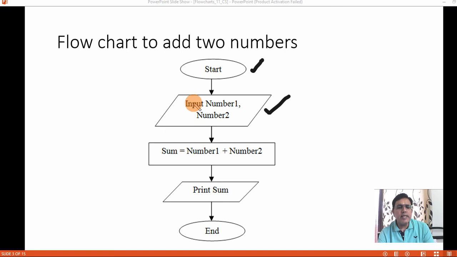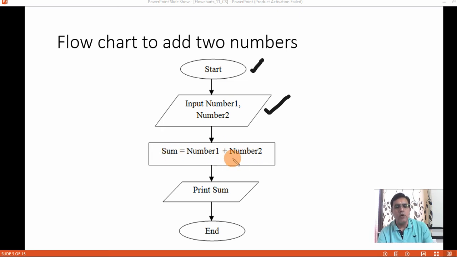Instead of input you can write read also here. Then we have taken two numbers from the user. The user will type these two numbers from the keyboard, and then after taking two numbers you have to write an expression. You have to process these two numbers.